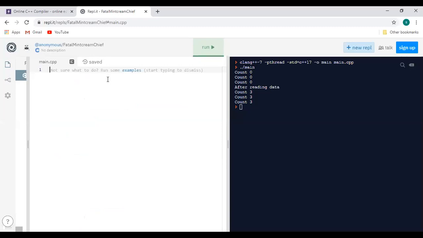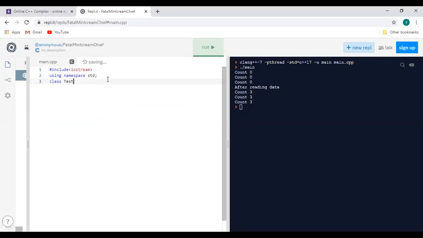First is the header file. Next is using namespace std. Next, we'll create one more class called test.